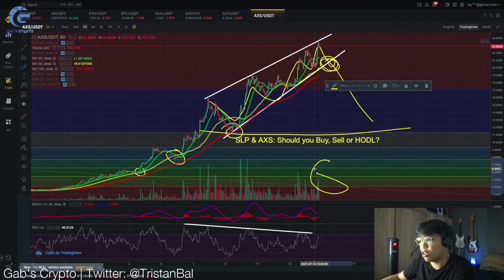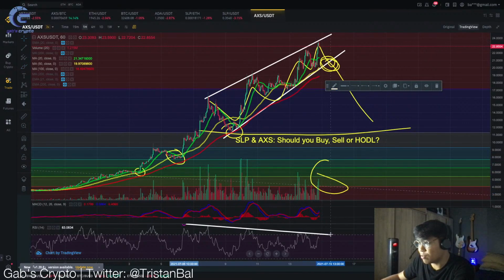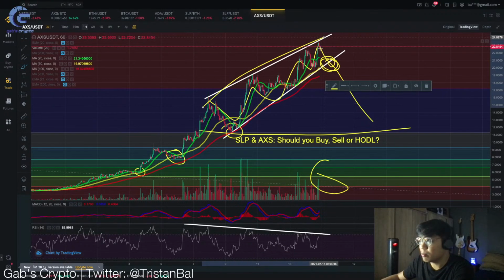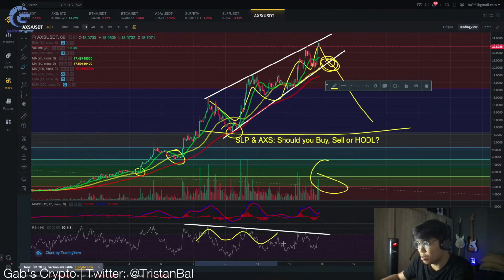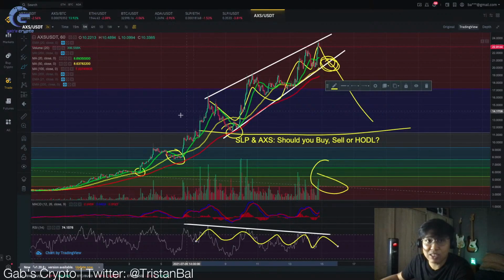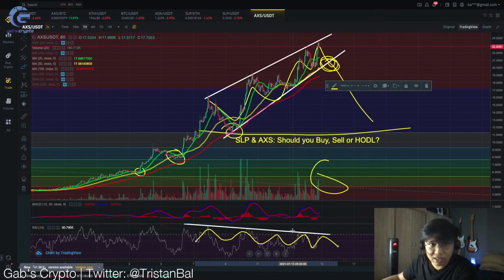Now, ano pa ba yung kailangan nyo i-take into consideration dito? Yung next na kailangan nyo i-consider is yung RSI. Kasi if you're going to look at this closely, yung ating price action has been increasing, pero yung RSI natin is declining. Ayan o, pababa siya ng pababa. So, this is not actually a healthy movement. So, if you have been in trade in crypto for a long time, you would know na an increasing price action with a declining RSI, that would indicate na it's bound to happen na magkakaroon ng correction.